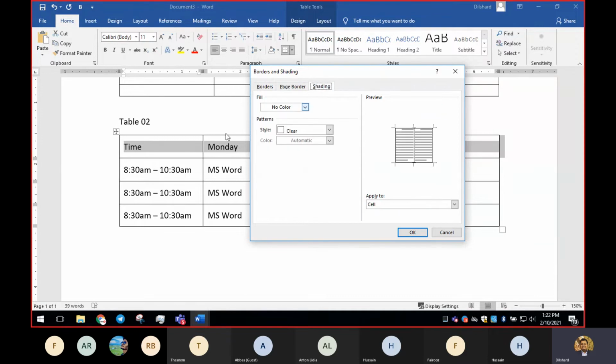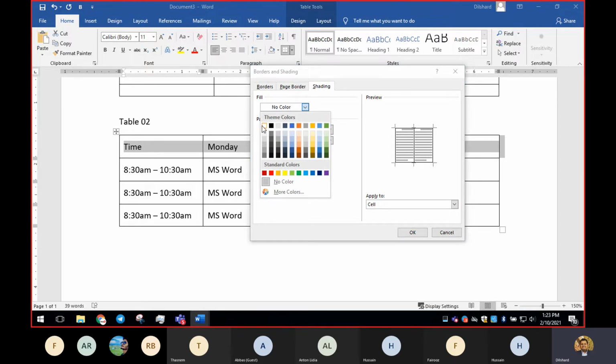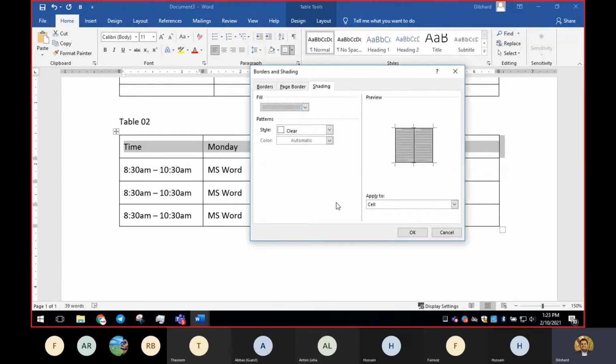Third one is regarding the color, right? Color can be applied to a cell, text, paragraph, or the entire table. Cells mean one box, we call it a cell, right? I'm going to say cells, and I'm going to select any color that you like. For example, if I select the darkest color, black, you'll not be able to read this text, right? Then you have to change the font color to white. So I'm going to select something like this, and I'm going to say apply to cell.